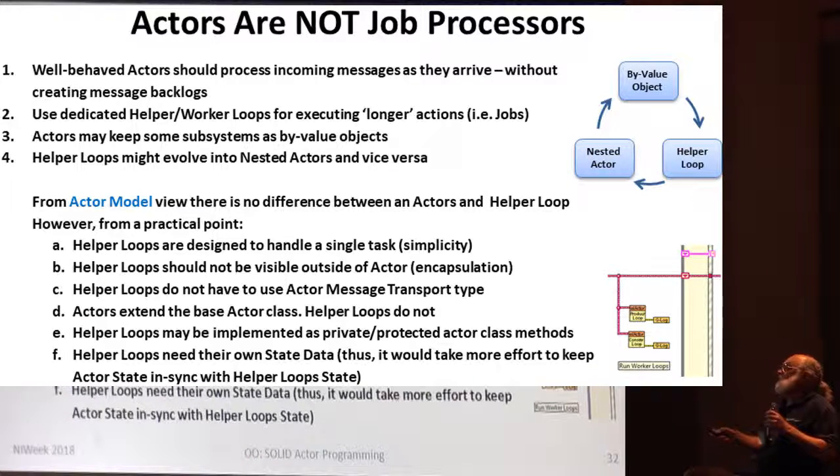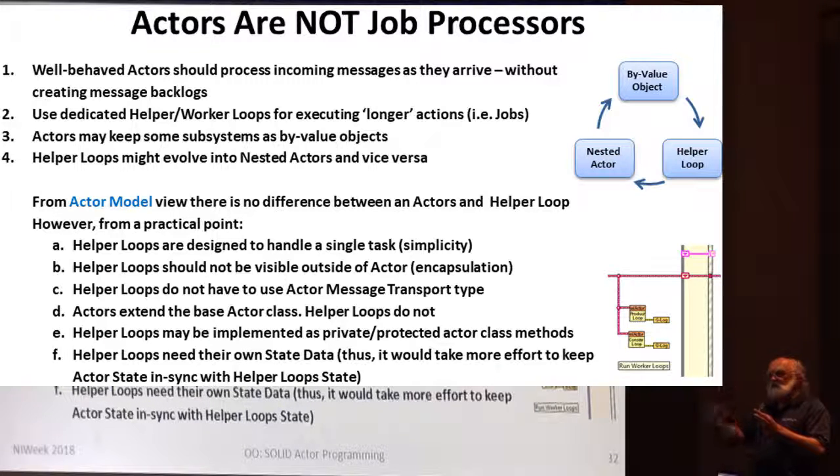And in this relation, during the lifetime of your actor, by-value objects may be refactored into helper loops, and they may be refactored into actors, and vice versa, depending on how your requirements change. So there is no hard boundary that a helper loop stays forever a helper loop.